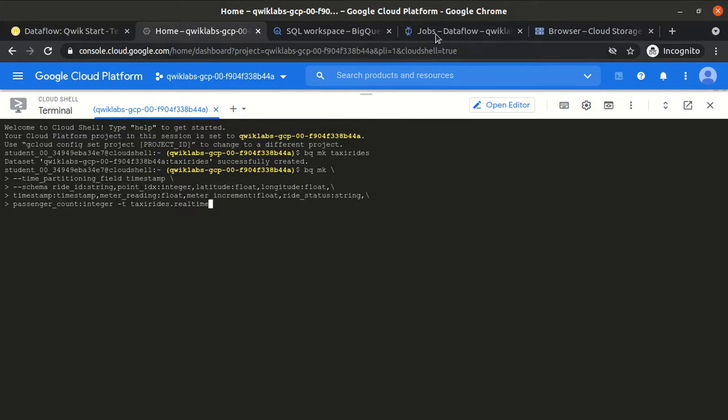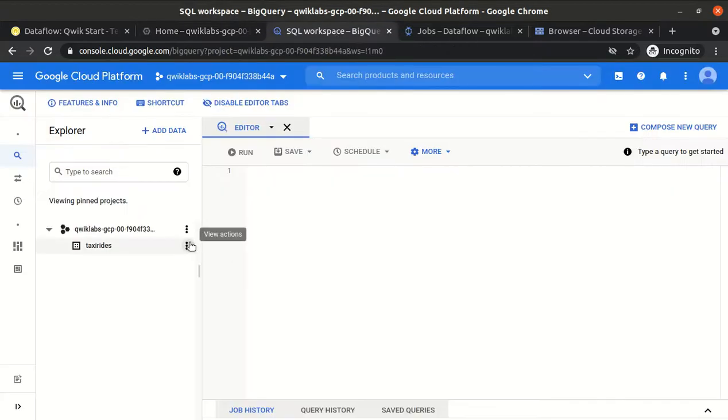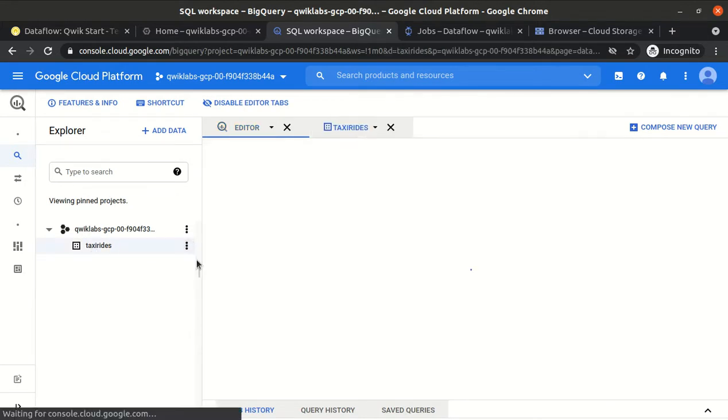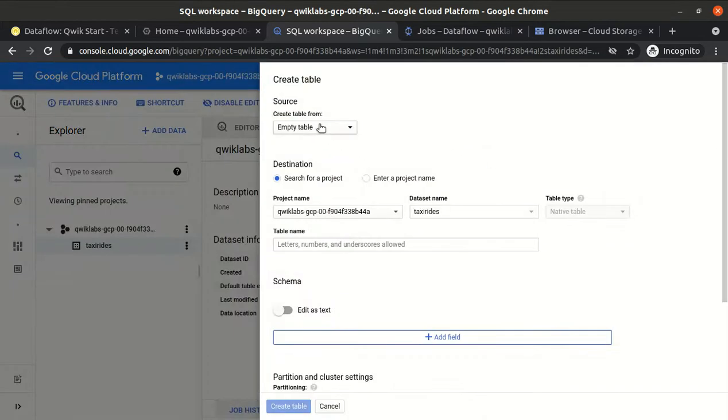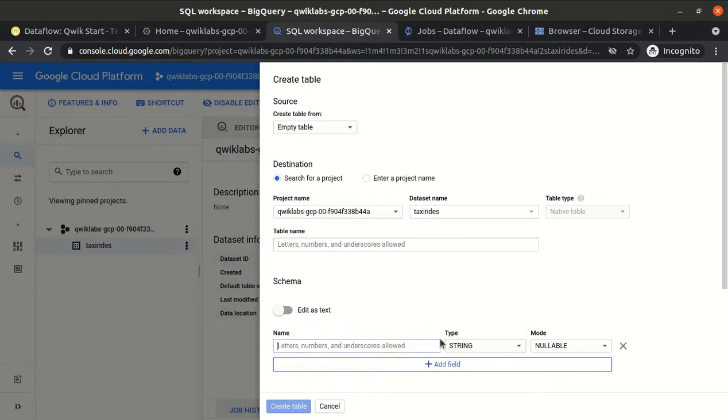I have not hit enter yet. Before that, let me show you. The same thing we can do from here in the console. If we open it, and we have this plus icon, we can just create a table. We can create an empty table, and we can add a schema.